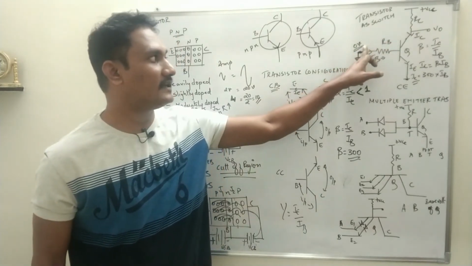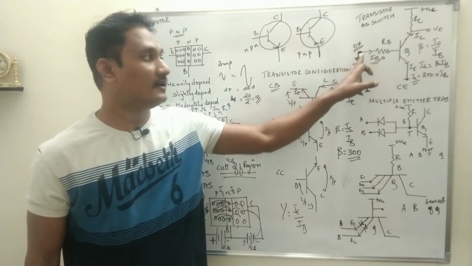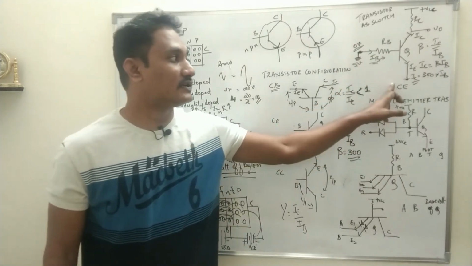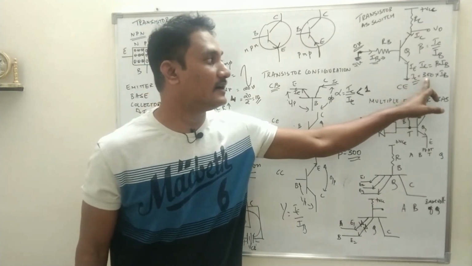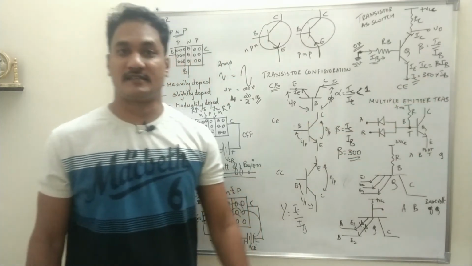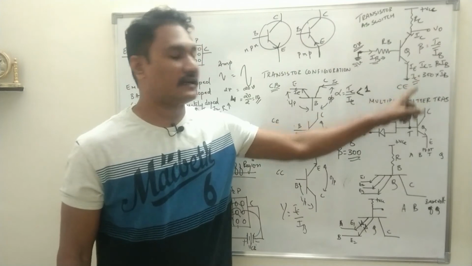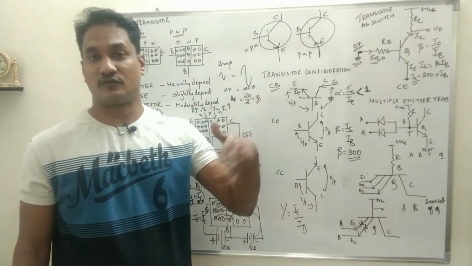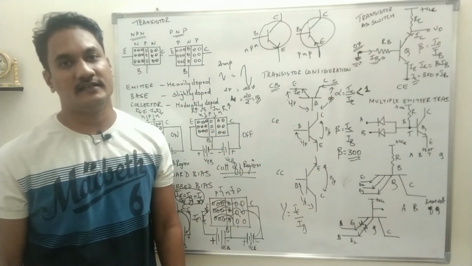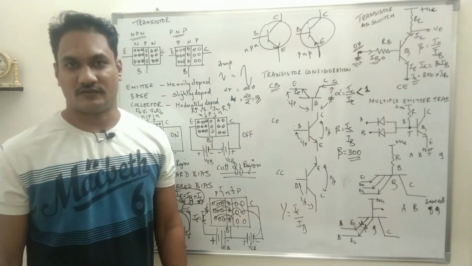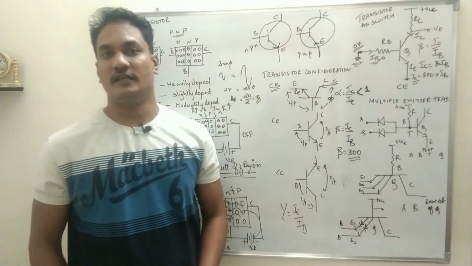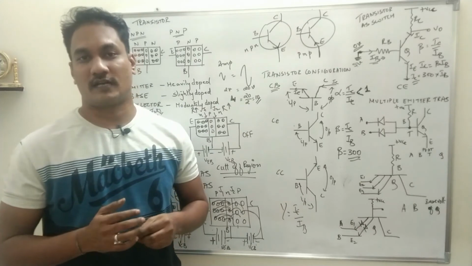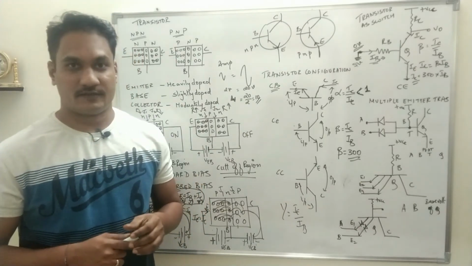When you give 0 at the input, the transistor is in the cutoff region. When you give any higher voltage, the transistor will go directly into the saturation region, because the collector current will be 300 times the base current. Even for a small base current, the collector current will be large. So the transistor is conducting heavily, therefore it is working in the saturation region. So a transistor can be used in one of the two regions, cutoff and saturation. That is how a transistor can be used as a switch.